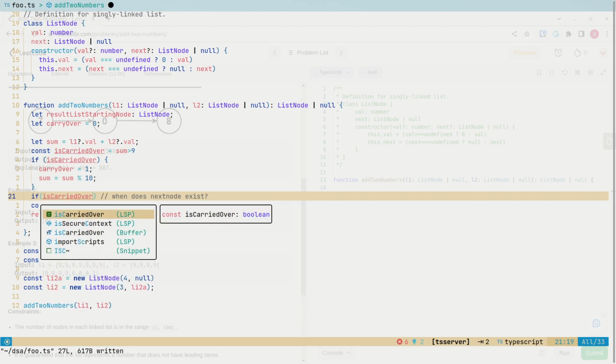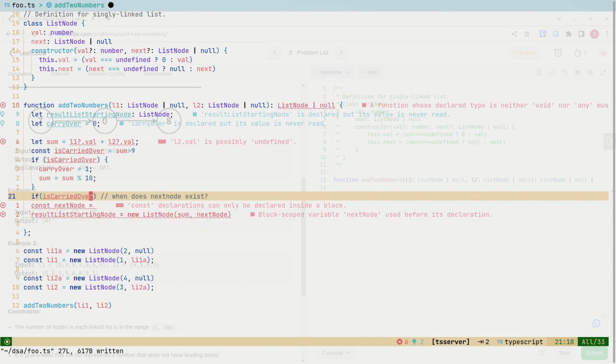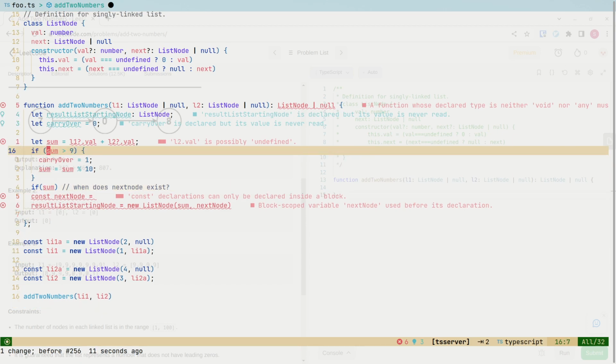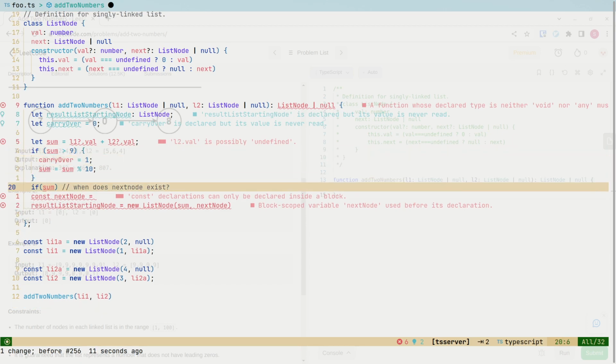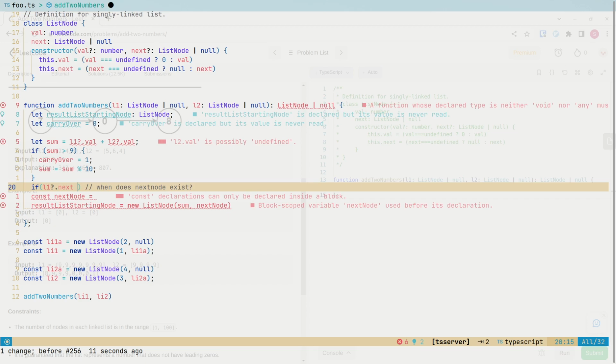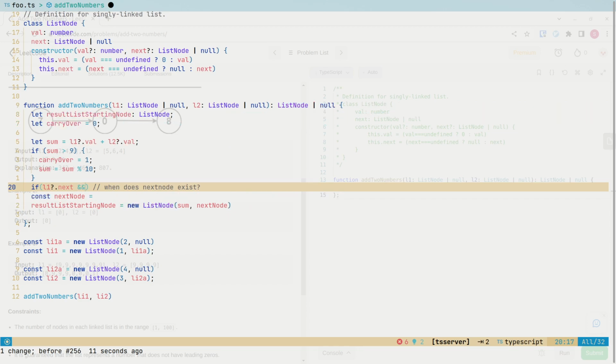So it has to be that. Do I care about that? I guess not. So that doesn't matter. So the next node exists if essentially either of the lists has a next node